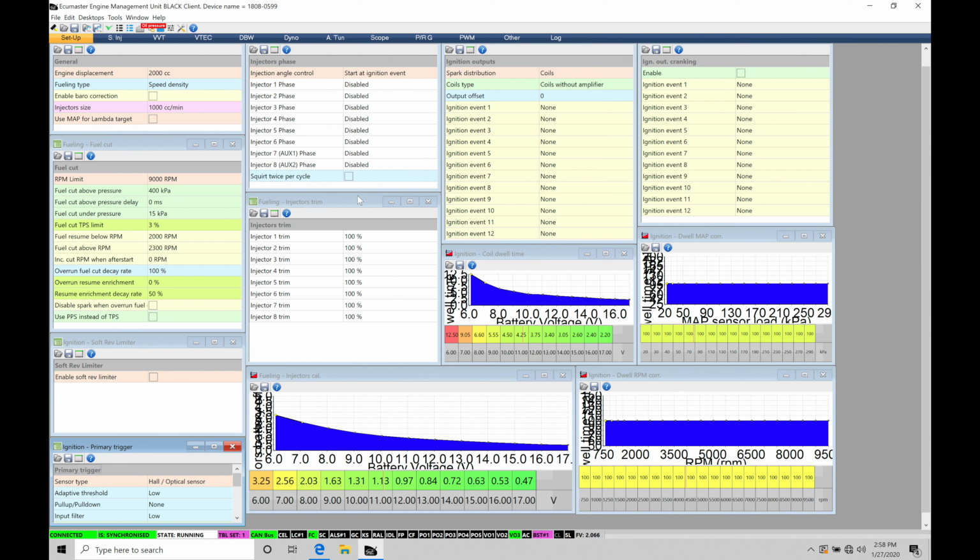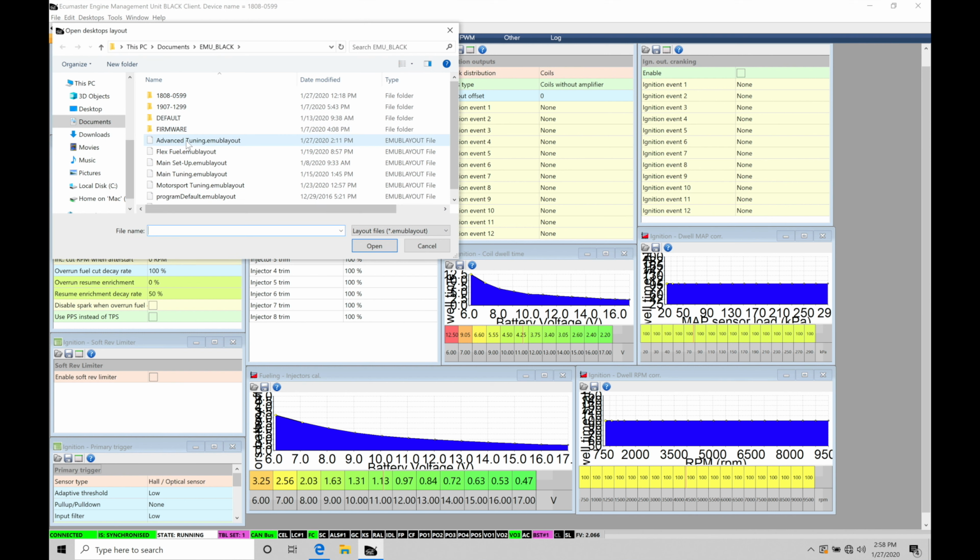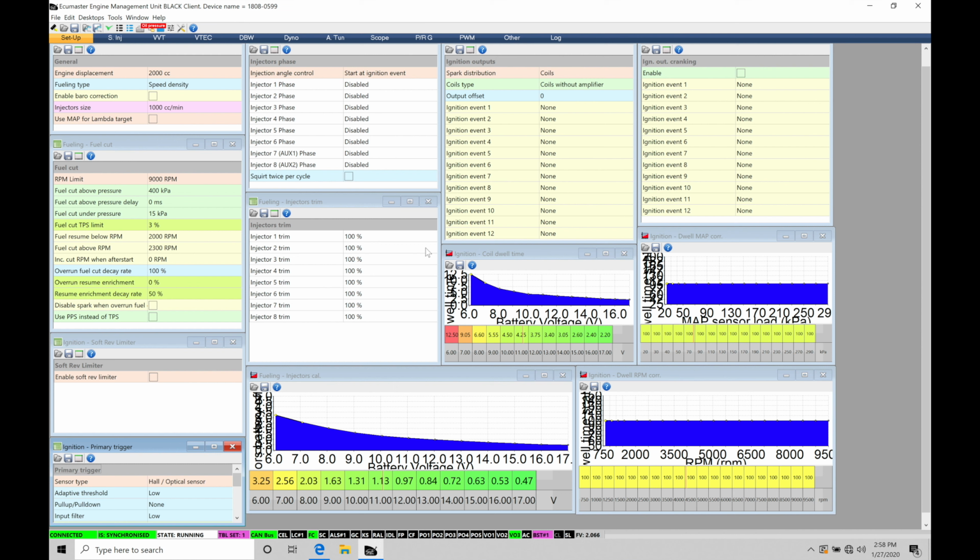Okay, so let's get started. We're going to be taking a look at working with our miscellaneous features we have left in our EMU Black tuning software. Now before we jump into our training tutorial, make sure you have your advanced tuning page layout open so you can follow along with what I have on screen here in the video. We're able to find that under Desktops, Open Desktops Template, then here under Advanced Tuning. I'm going to go ahead and click cancel since I have that loaded onto my screen right now